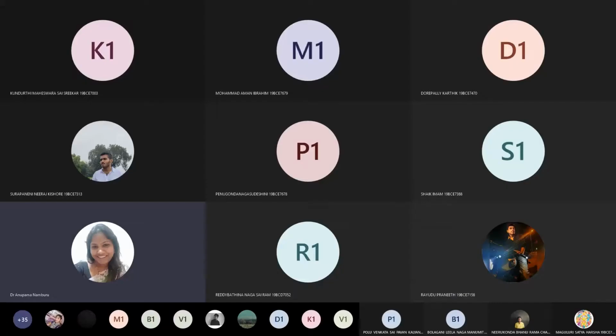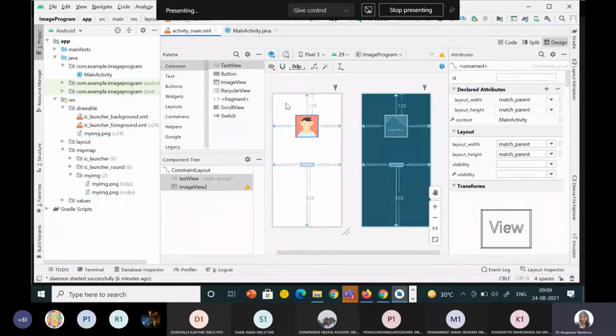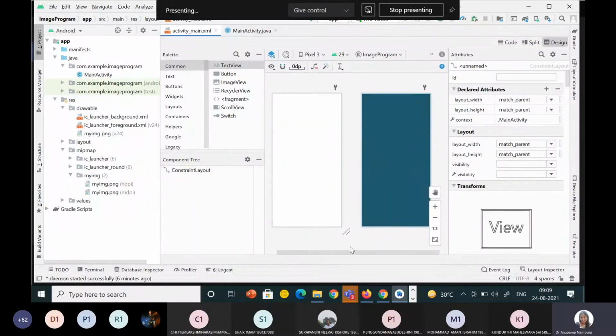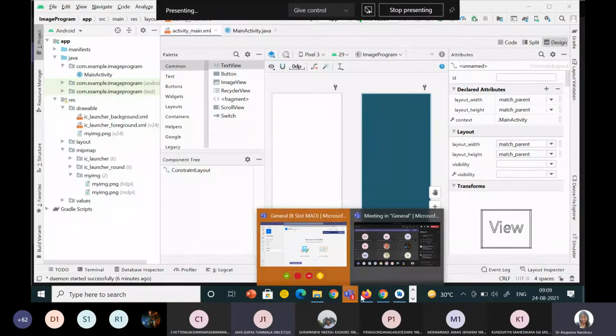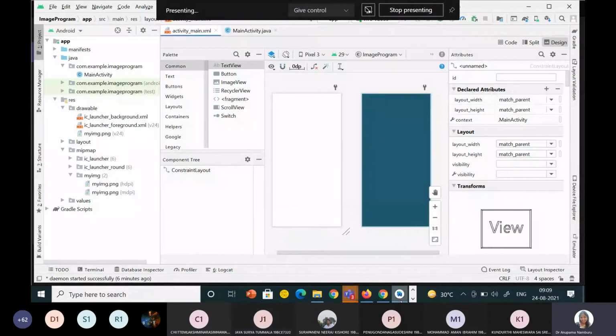Like adding an image and then working on a simple calculator. Okay. So did we see adding of image? Yes or no? No, ma'am. Okay. So if you want to add an image onto your application, what you need to do is